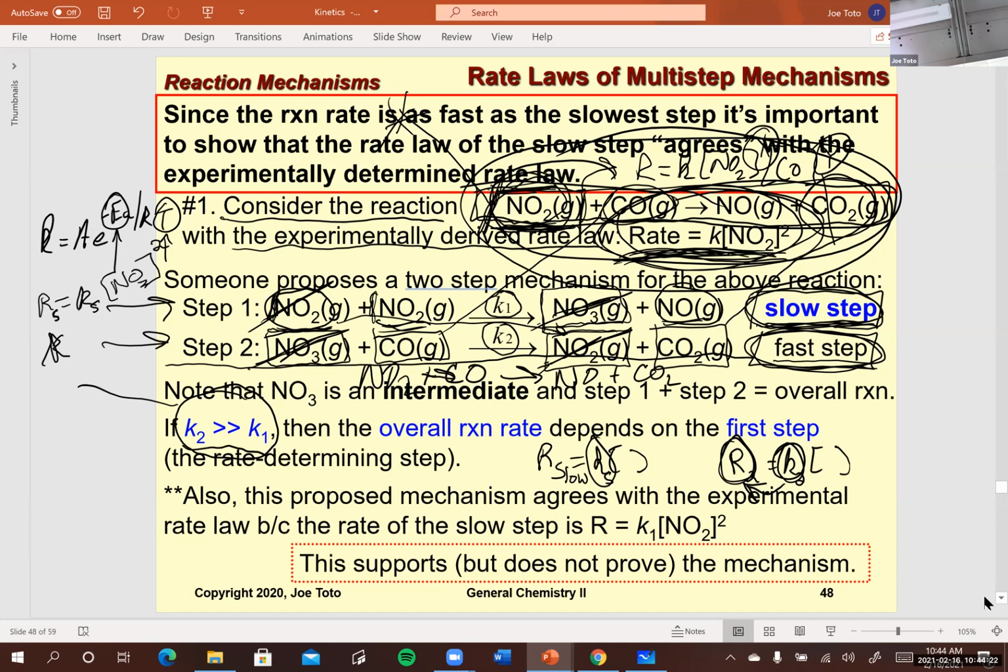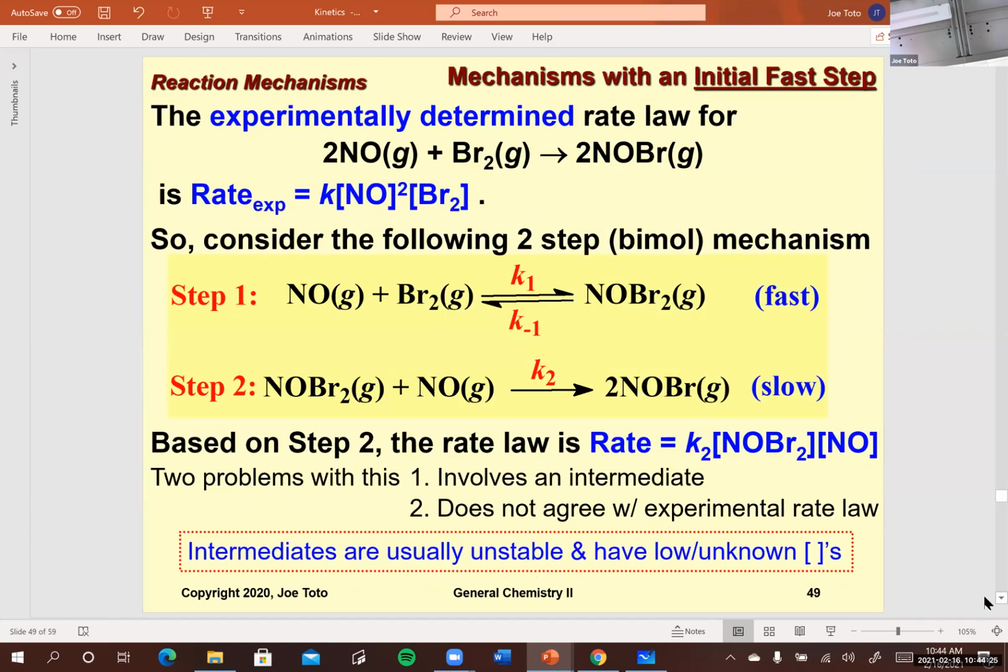I'm going to move down to this next example. Now we're going to move on to another example of a mechanism, and we're going to go through the same steps to see if it's a valid mechanism. We'll see whether it adds up, and identify the slow step and see if it produces a rate law for that slow step that agrees with experiment. But there's going to be a twist at this point in our analysis, and you're going to be responsible for understanding this kind of curveball